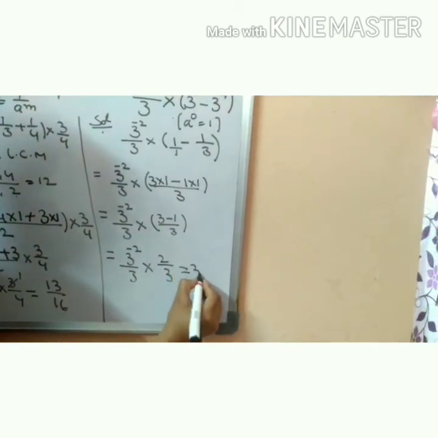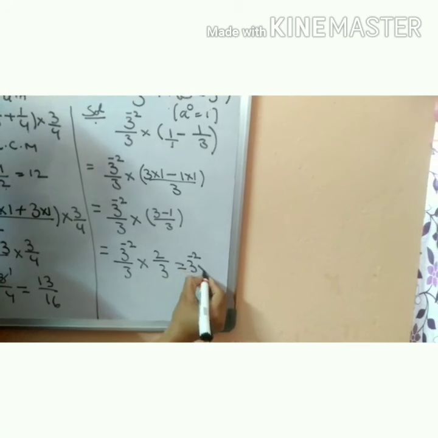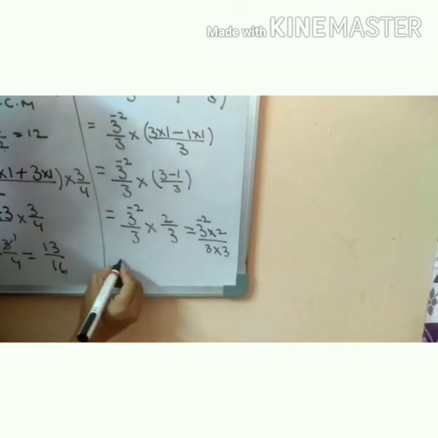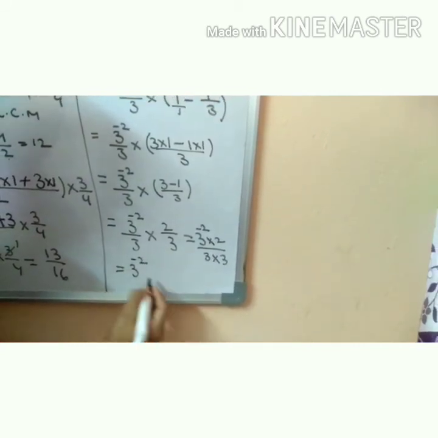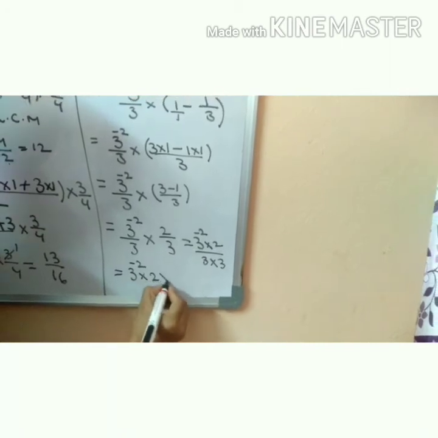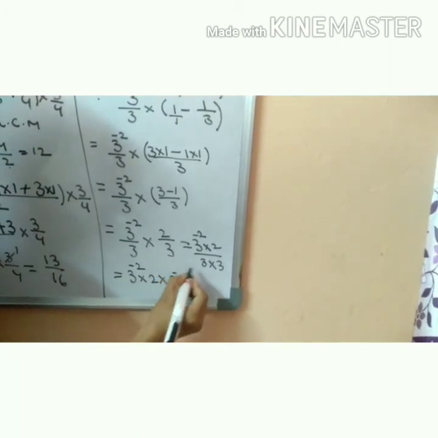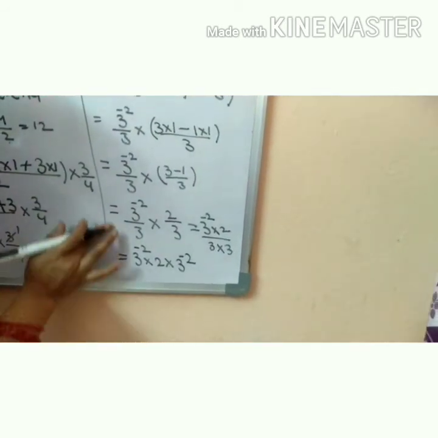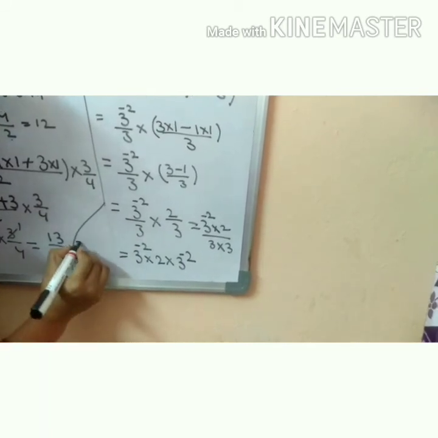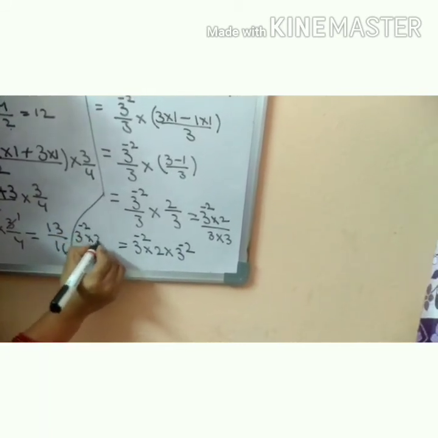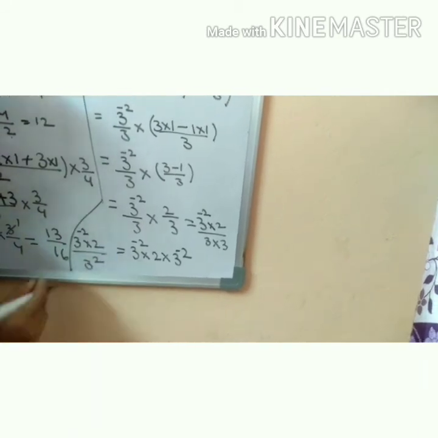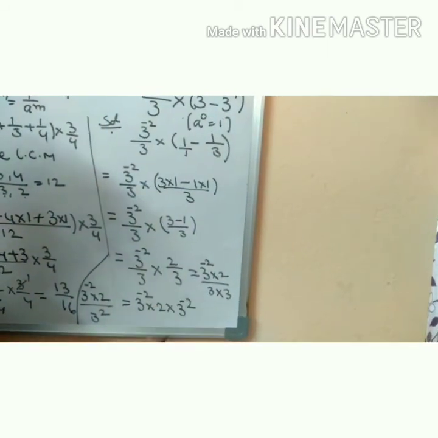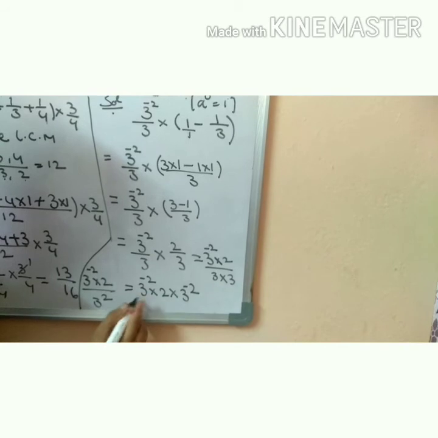Here write that is equal to 3 power minus 2 into 2 by 3 into 3. So write 3 power minus 2 into 2 into 3 power, here write 3 square. We should write here 3 square. So here write 3 power minus 2 into 2 by 3 square. So a power m, what is a power m? 1 by a power minus m. Okay.